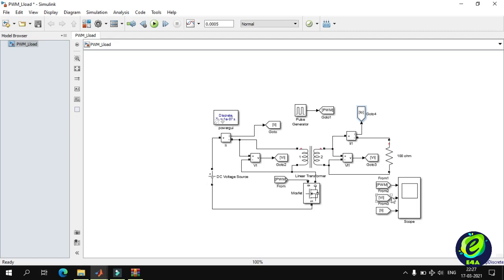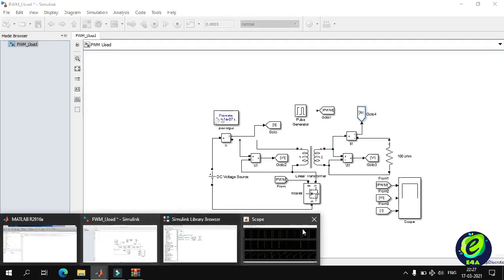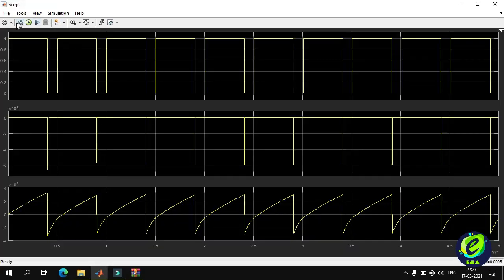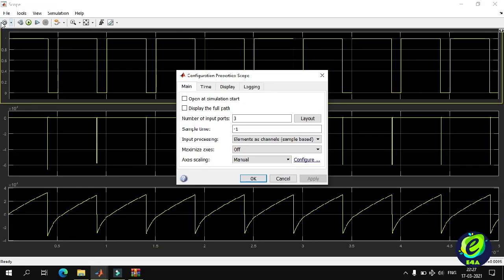Now we have a total of 5 waveforms to view: the PWM signal, input voltage, input current, output voltage and output current. To change the number of axes in the scope, double click on it and change the number of input ports to 5 and make the connections.